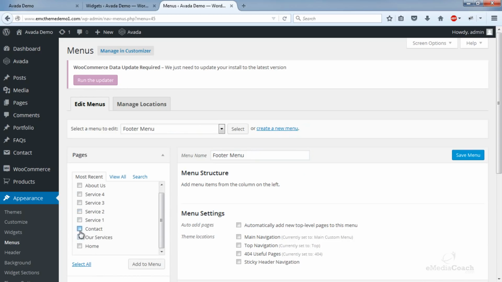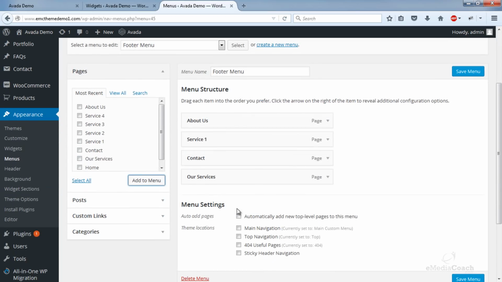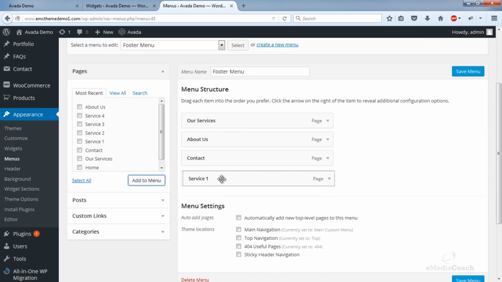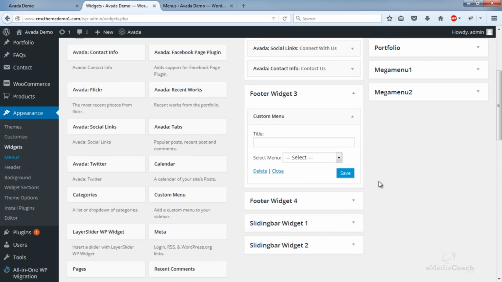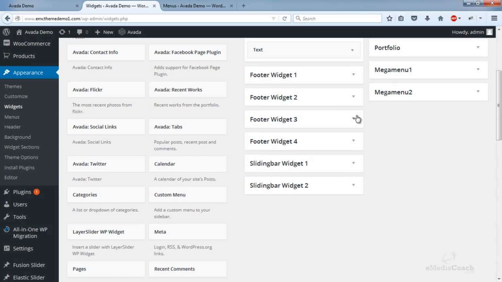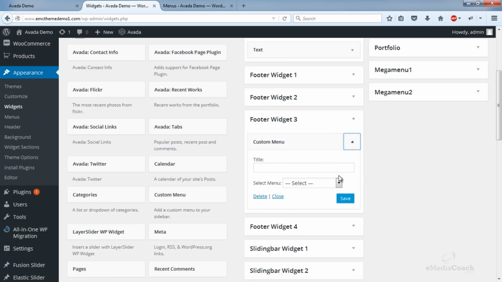So maybe our services, contact, and any other important pages that you want to add to the menu. Okay, and I'll just save that menu. And I'll just refresh this page. Because ideally that menu should be selectable, and there it is.